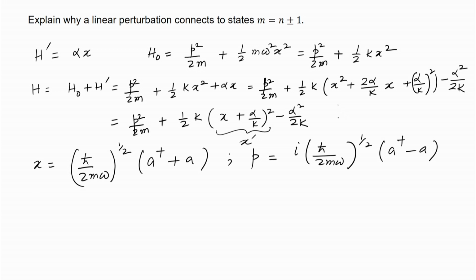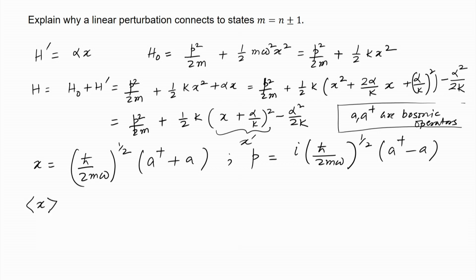So, we will write it here. a and a dagger are bosonic operators, which means that they obey commutation relations, and these commutation relations are such that x and p obey the known commutation relation, x and p commutator is equal to i h cross. Now, these are called canonical transformations, and